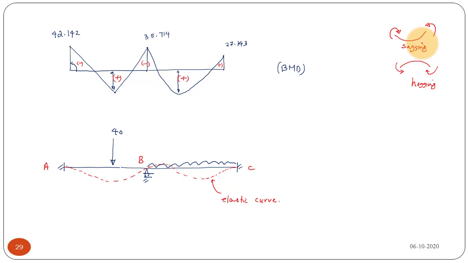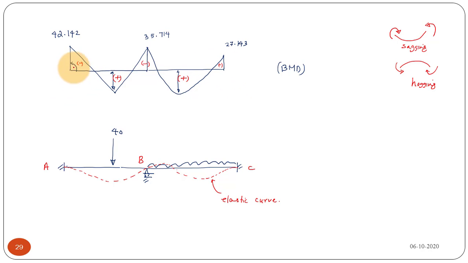If you look at this beam near this load or near the midspan region, you will get this type of shape, that is sagging. That is the indication that the beam is experiencing a sagging moment. Here also near this middle region, you will get sagging. But at the support, you are going to get a shape very much similar to this, that is the beam is experiencing hogging or the negative moment, which you can understand from the elastic curve or the deflected shape of your beam as well as your moment diagram.